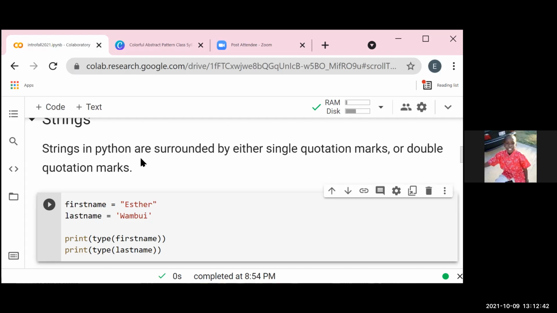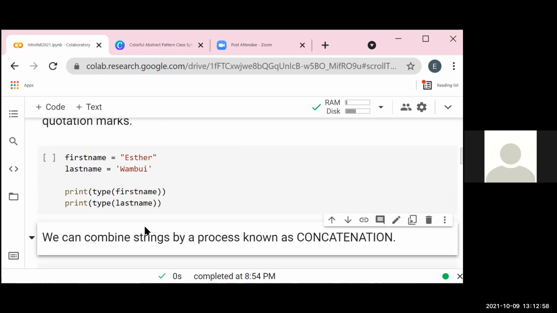So with strings, you can accept both double or single quotation marks. When I type in Esther and Wambui, Esther has double, Wambui has single quotation marks. Remember we said if you want to see the data type of an object or a variable you've created, you use the type function.